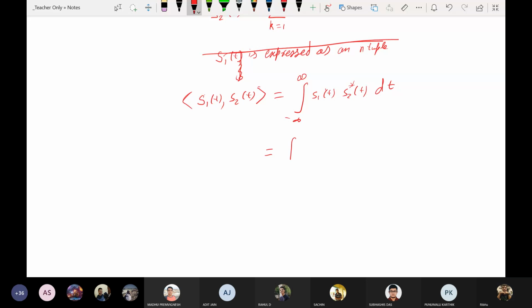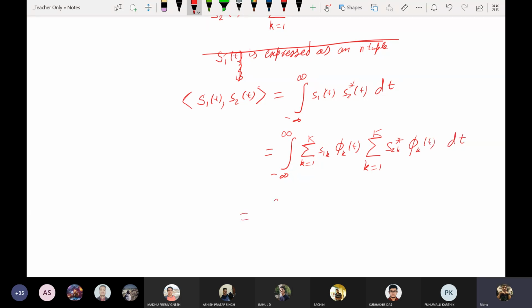Equals the integral of summation k goes from 1 to capital K, s_1k phi_k(t), times summation k goes from 1 to capital K, s_2k conjugate phi_k conjugate(t), dt equals